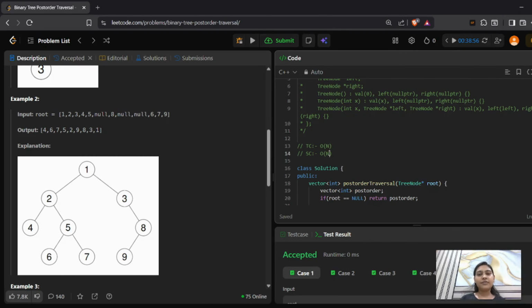In stack 1 we are not storing all the elements at once, but in the worst case if we need to, the space required will also be O of n. So the overall space complexity will be equivalent to O of 2n, and if we don't consider the constant, then it is equivalent to O of n. So the time complexity and the space complexity will be around O of n in this approach.